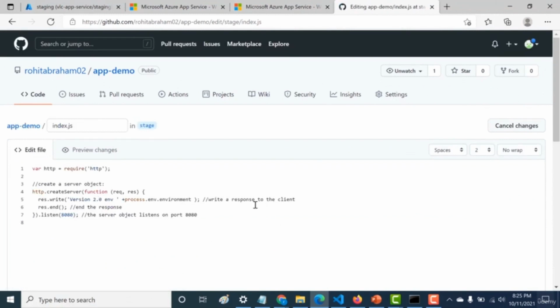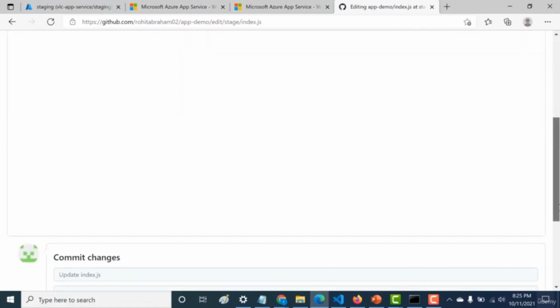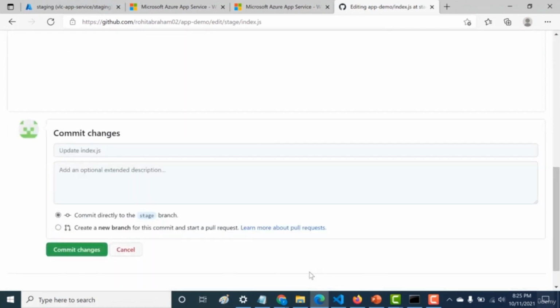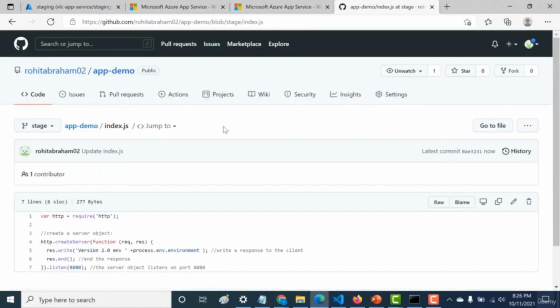So this is currently the latest code that we have. So this is something that we will commit. And let's commit the change here. Okay, so now that we've created a staging branch, the next thing that we'll do is we'll go to our